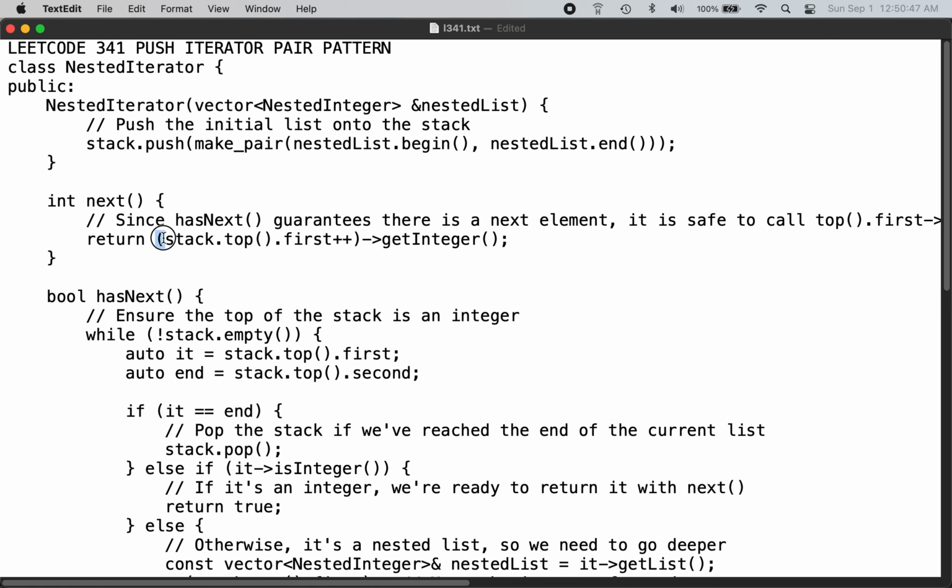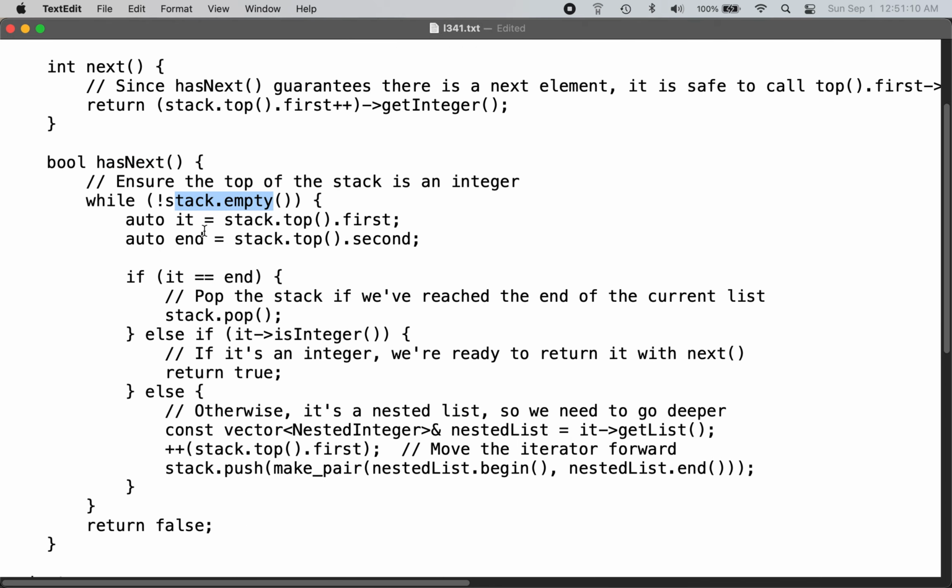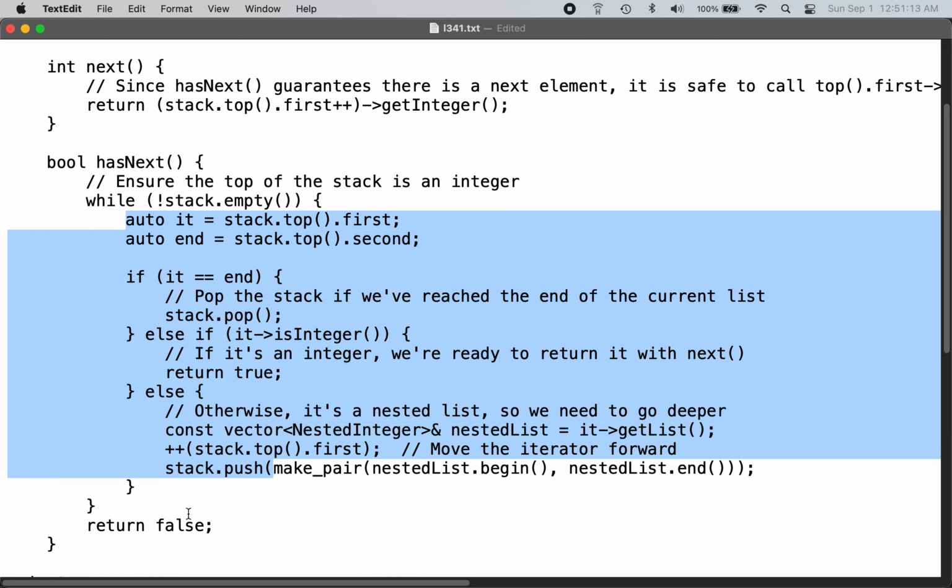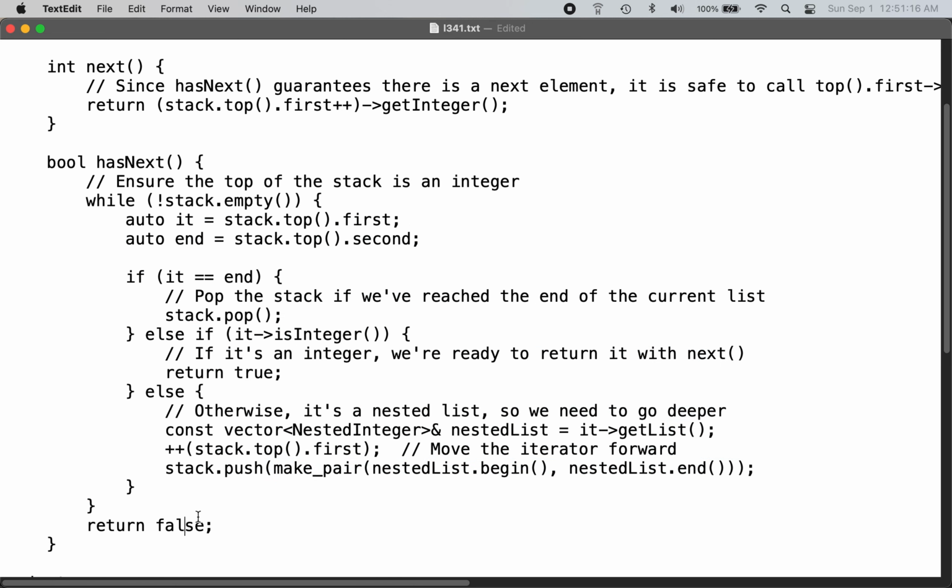What it does is it takes the top of the stack, gets the integer, and then moves the iterator by one step to the next element in the list. The hasNext is where a lot of work is being done. If the stack is not empty, you go and do all this stuff. But if it is empty, you return false, because you have come to the end of the iterator. Otherwise, if the stack is not empty, you extract the begin iterator and the end iterator of